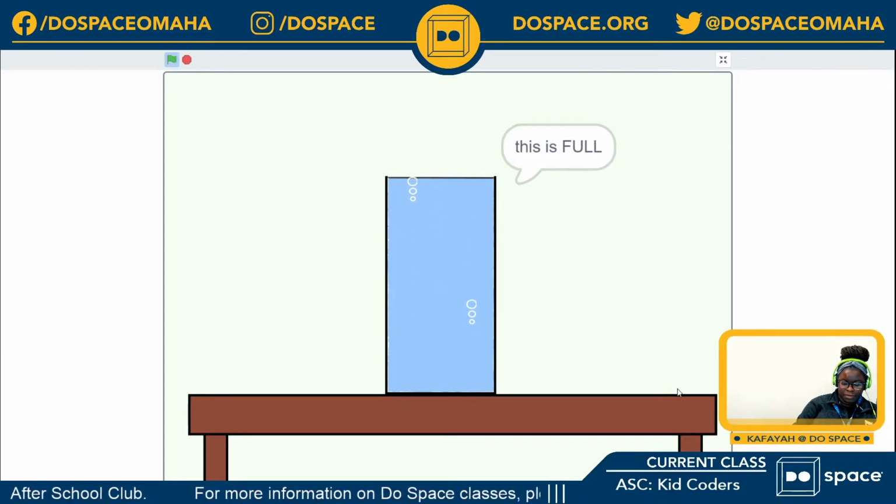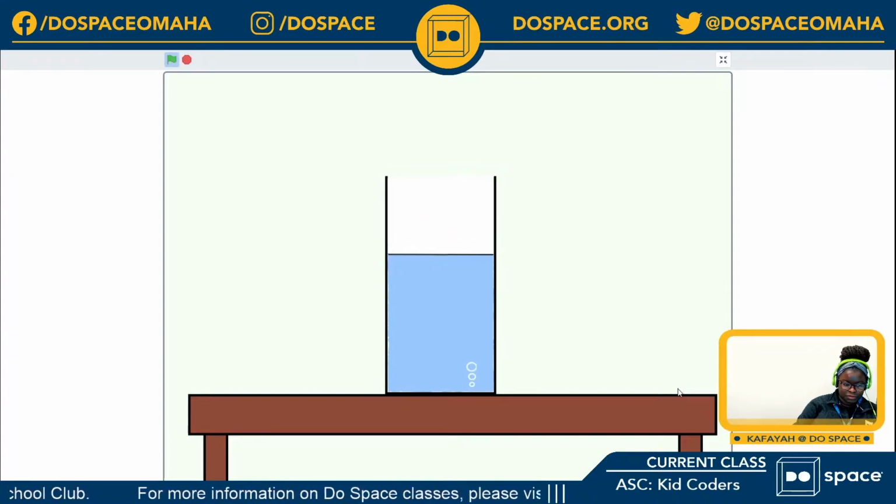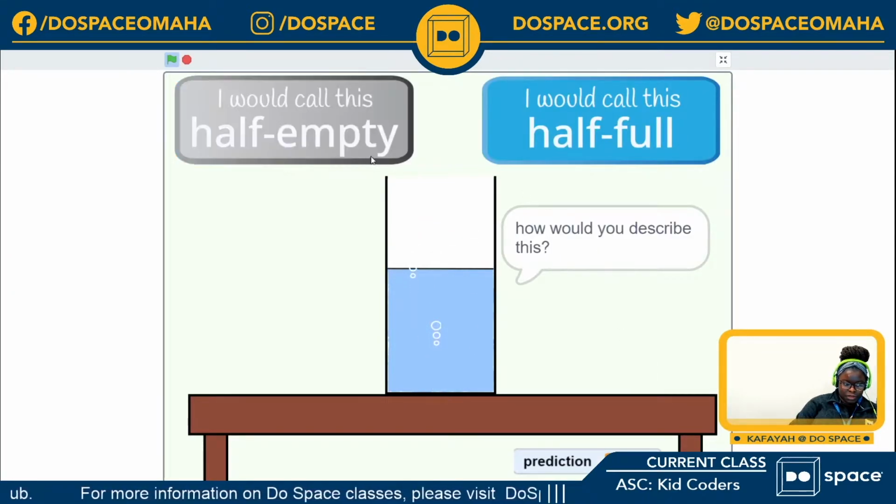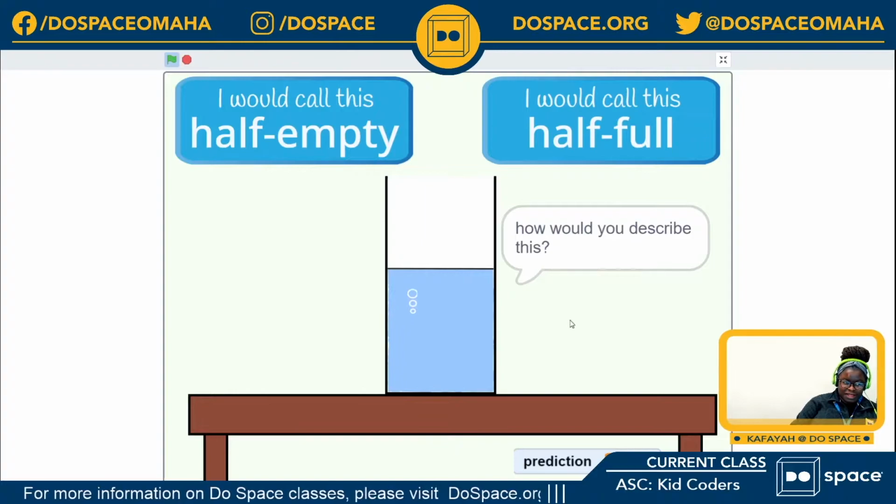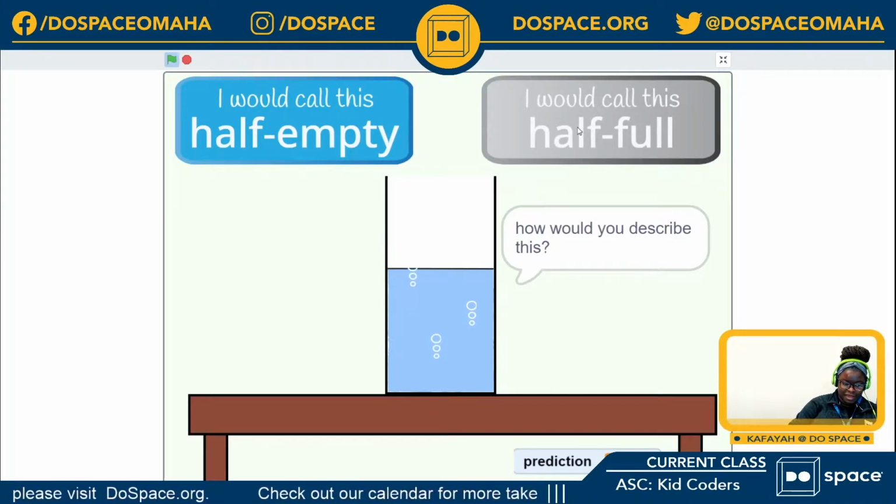And now it asks me the fun questions. So what would we call this glass? It looks closer to the top than it does to the bottom. It looks fuller, closer to the top than it does to the bottom. So I'm going to say that this is half full,